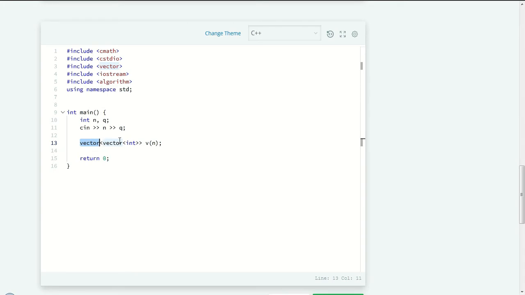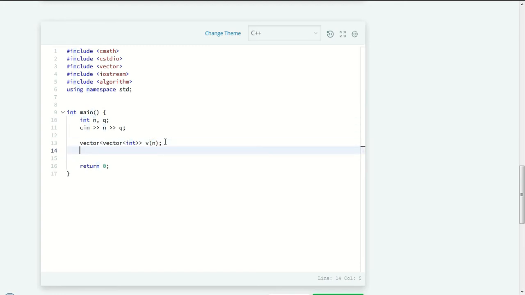What I'm doing here is creating an array. This is the syntax for creating it. In an ordinary array we create int a of i, a of j, a nested array with rows and columns. Likewise here I have a nested array of type int, and the object for the variable is b. What does n mean? n is the size of the array I have created. n is the first value given, and in our case it is 2.